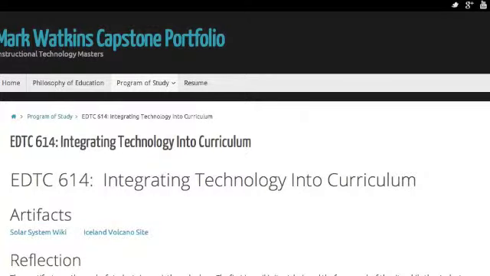Integrating technology into curriculum was a very fun class, and it really was a time whenever I could start to see that I was researching areas that would be more geared toward a leadership role in schools as opposed to just strictly a classroom teacher. Issues like technology budget, reviewing our school and district's policies with technology integration and adoption. And so asking those questions and doing that bit of field research around my own school was very enlightening,